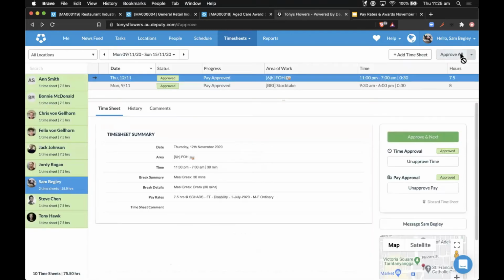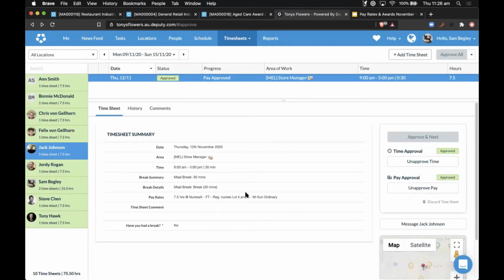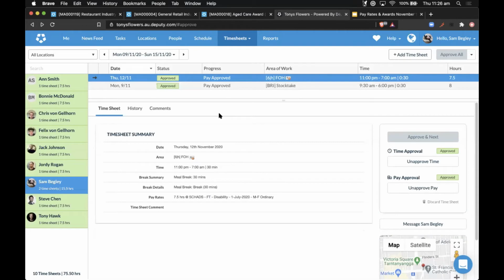And as you can see, it's already reapproved everyone, which is awesome. And any changes that we'd made in between will be recalculated. And that's really the biggest time saver, because doing it one by one is good if you are exercising a bit of an audit or something like that, or you're just trying to check and make sure everyone's up to date. But the unapprove and then approve all is going to be a big time saver if you're just changing rates of pay and stuff.